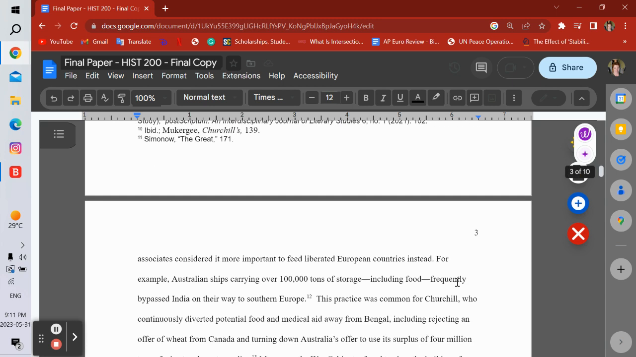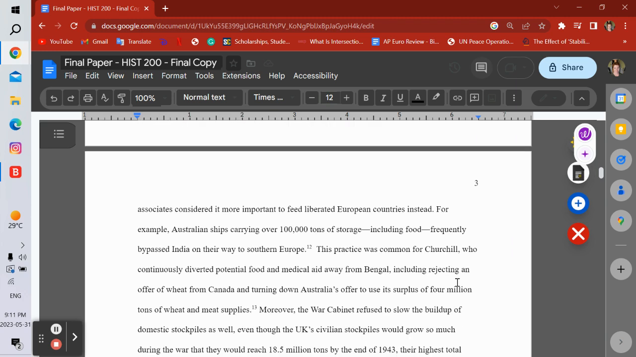Churchill and his associates considered it more important to feed liberated European countries instead. For example, Australian ships carrying over 100,000 tons of storage, including food, frequently bypassed India on their way to Southern Europe. This practice was common for Churchill, who continuously diverted potential food and medical aid away from Bengal, including rejecting an offer of wheat from Canada and turning down Australia's offer to use a surplus of 4 million tons of